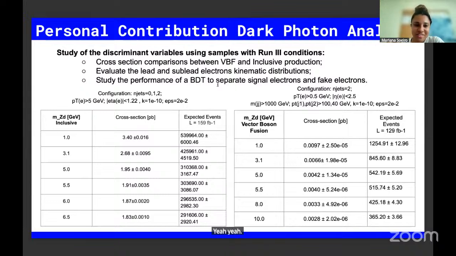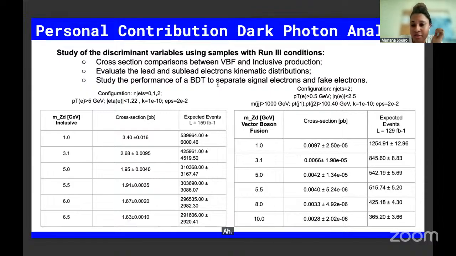this strategy. How were these specific thresholds chosen? Did you inherit them directly from CMS VBF trigger menus, or did you apply an optimization by yourself? If I chose by myself, for this dark photon analysis, this was not chosen by me, but if I chose by myself, I would probably add the same.